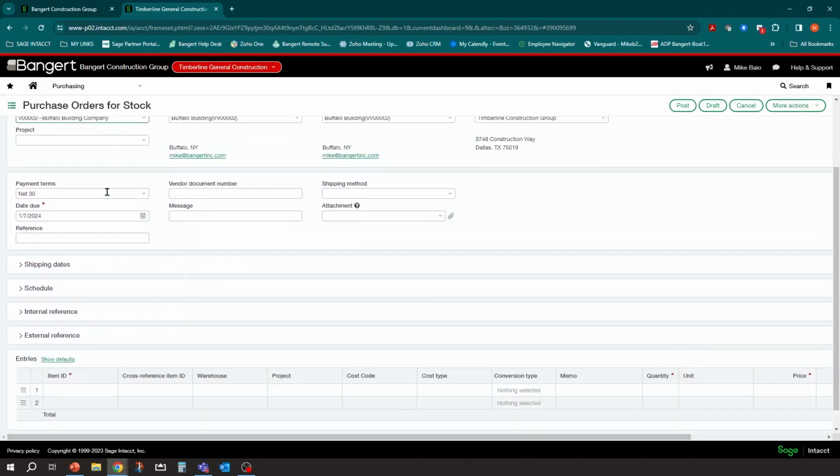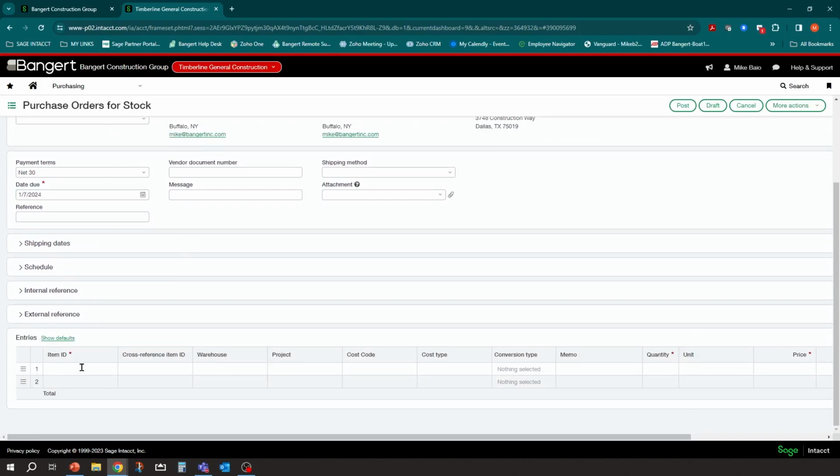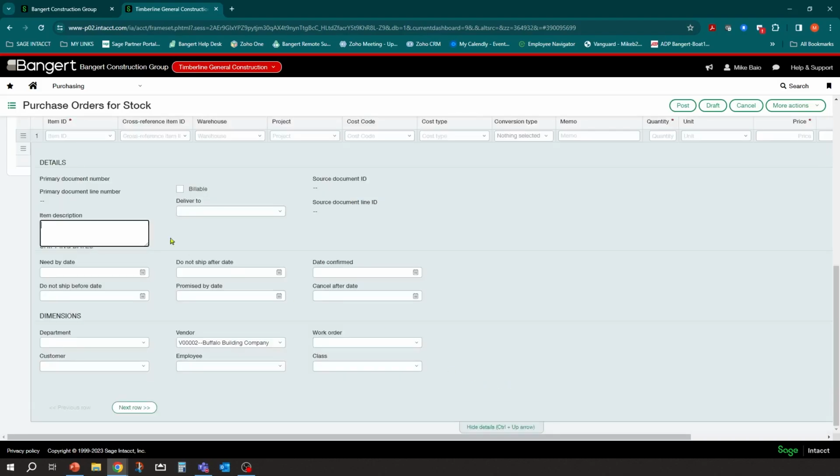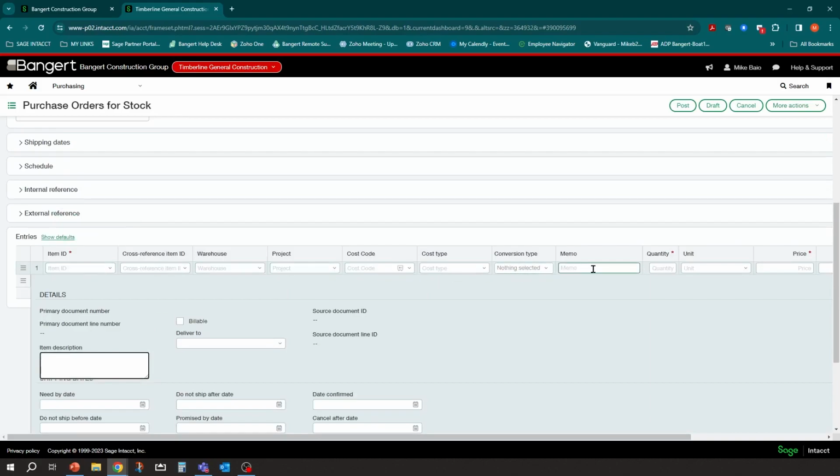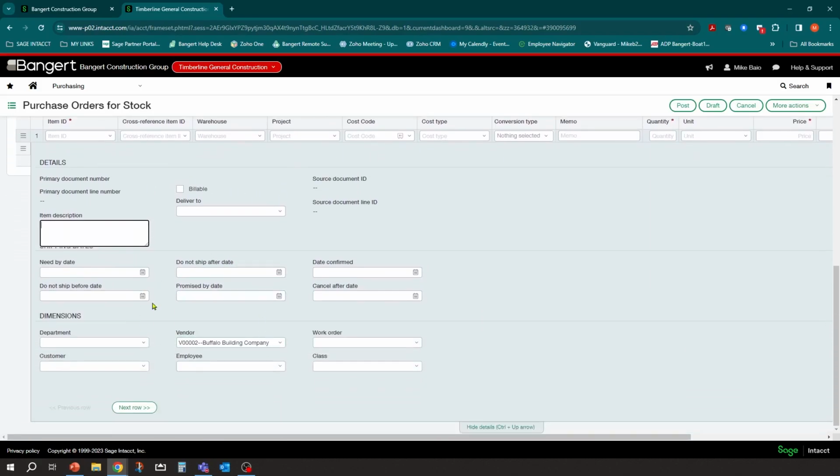So once you get down to the detail, the key here is making sure you have the columns set up and available that you want or need to be able to enter to during your PO creation. Now, all the columns will always be available. What I mean by that is if I click on the first line of the entry screen, you're going to see a button here called Show Details. If I click that, it's going to show me not only the columns that are already on there, but any other fields that I could enter or write to for that one particular line.